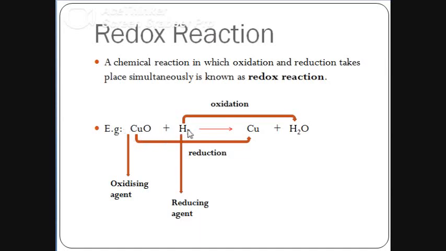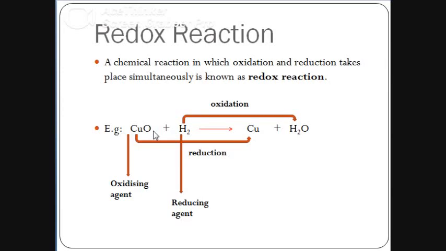It reacts with hydrogen, and by the addition of hydrogen we get copper metal and water as the product. Now as I told you, oxidation and reduction both will be on the reactant side, as well as the oxidizing agent and reducing agent will also be from the reactant side, as product is the yield which we get after the reaction. So let us see which part of the reactant is getting oxidized and which part is getting reduced.